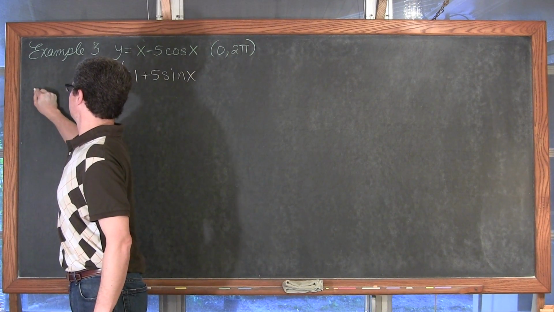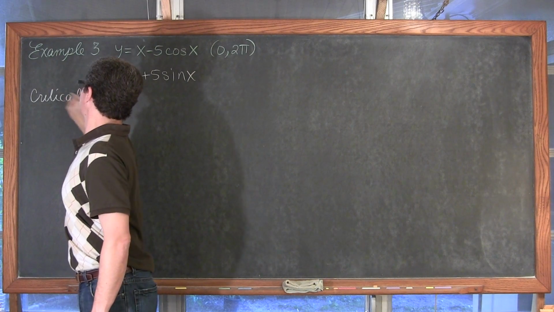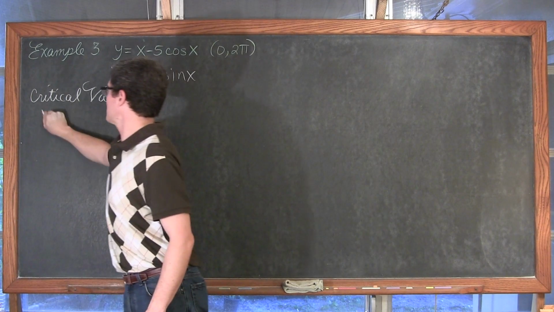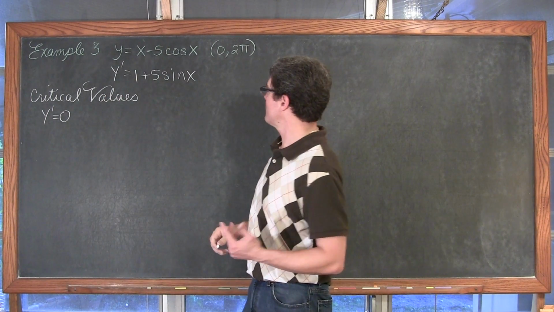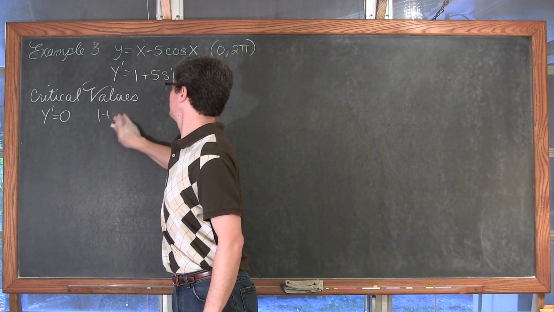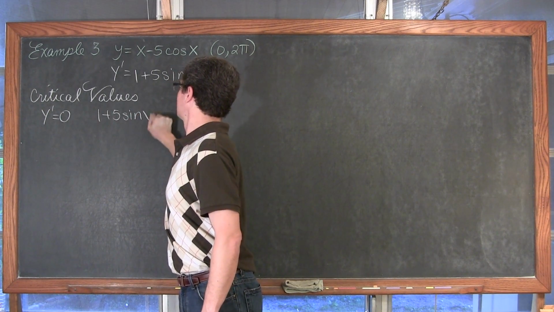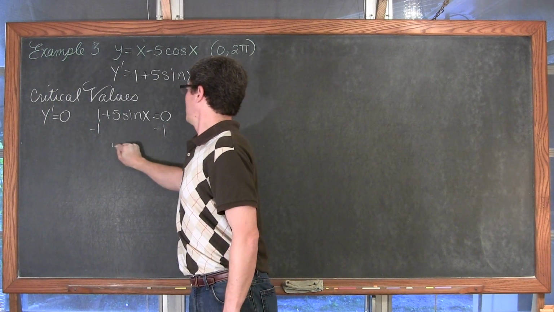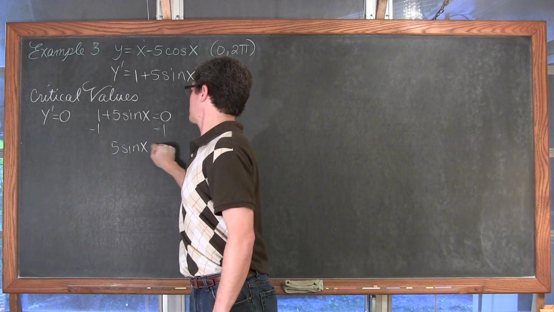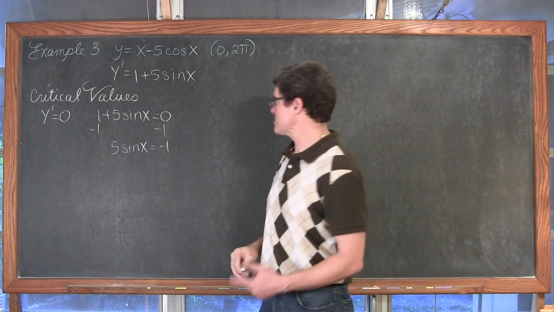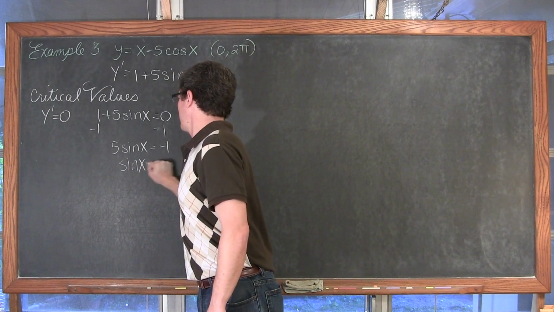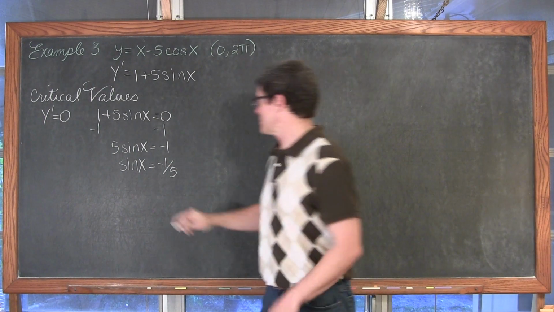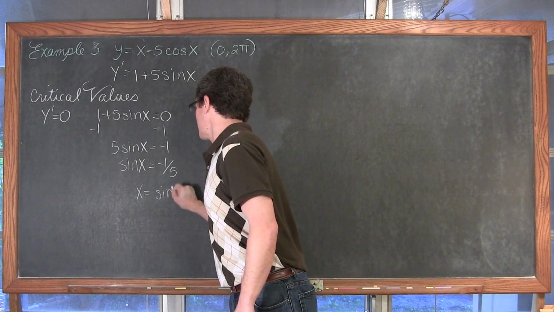Where are the critical values? Well, where the derivative is equal to 0. So let's set this up. We've got 1 plus 5 sine of x is equal to 0. We're going to subtract 1 from both sides and get 5 sine x is equal to -1. We're going to divide both sides by 5 and get the sine of x is equal to -1/5. And now we need to get the sine function away from the x. So x is equal to the inverse sine